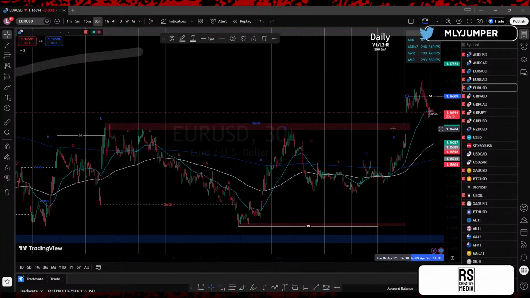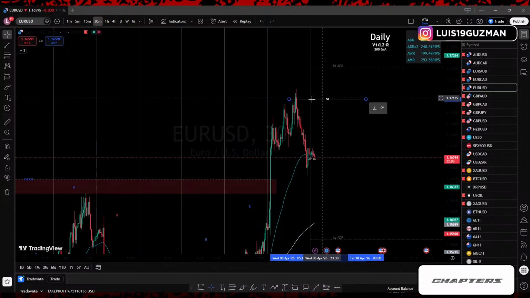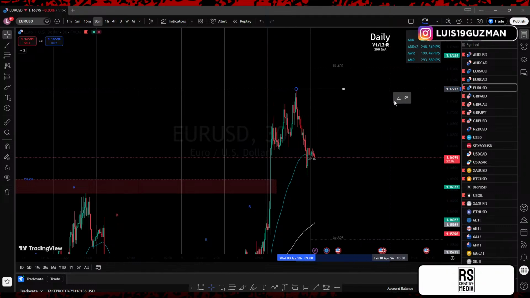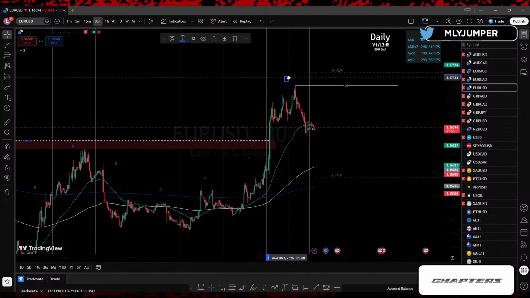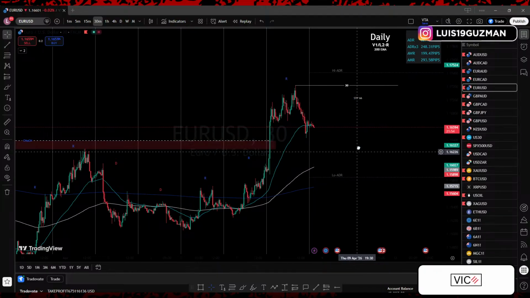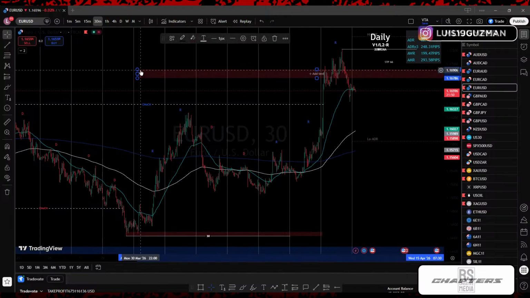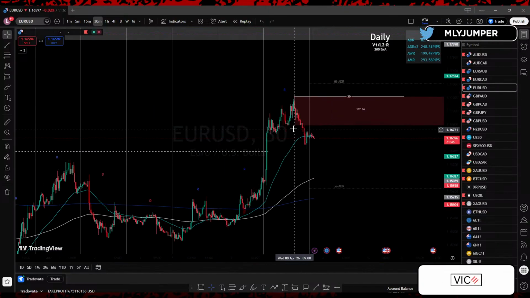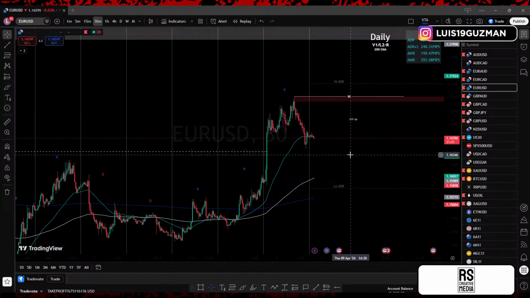So what am I looking for? Back at the top, all of this is part of the same structure on the 30-minute time frame. We want to see price give us a valid break of these highs to continue. We also already have 3 days of rise. After 3 days of rise, the market must move sideways or go down. So right now, for EU, not really liking it, right? This is already a pair for me that's low probability. Low probability for them to give us a valid trade.